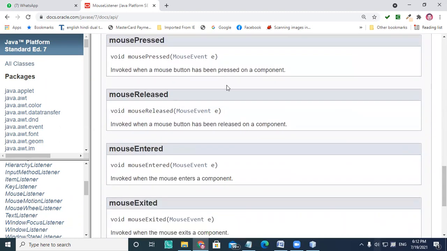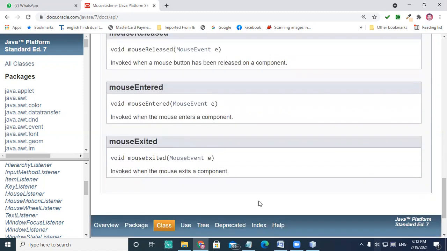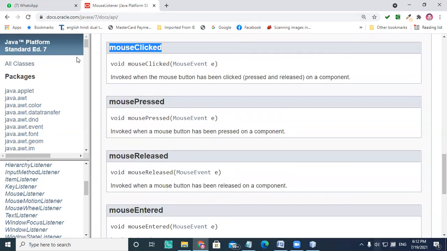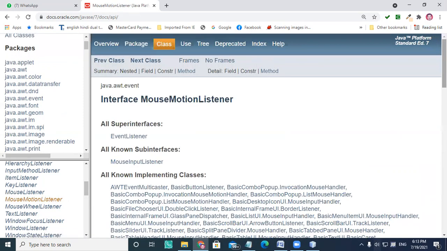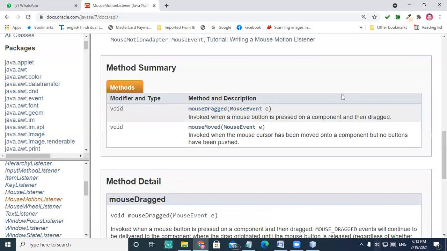And when the mouse enters that container, then the mouse entered event is fired. Once you move the mouse out of that, then the mouse exit event is fired. So we are going to see this. Now, a lot of interfaces are there. MouseMotionListener is also there, where you can use drag and move.